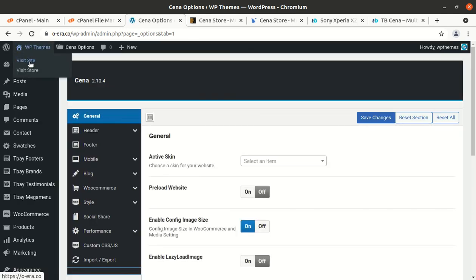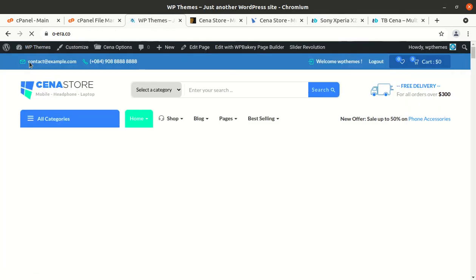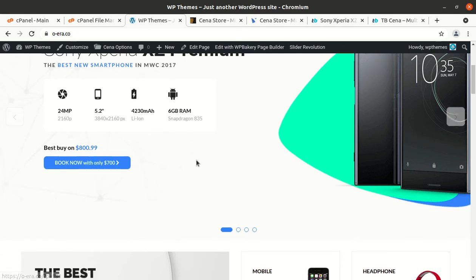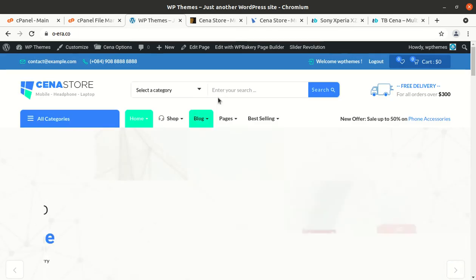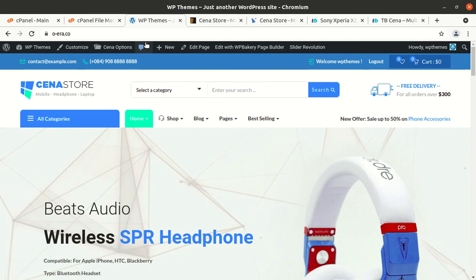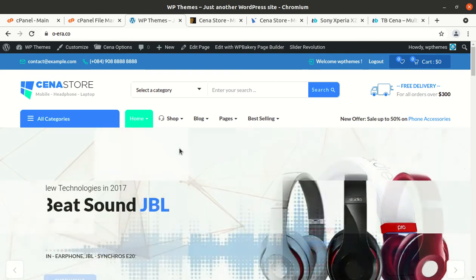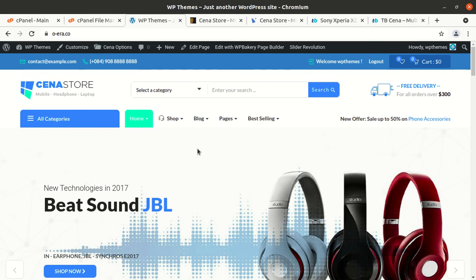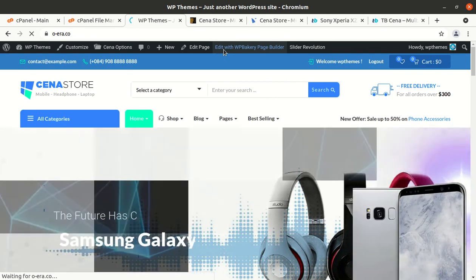And now we have seen all the available options, and at last I'll show you how to edit the page content. So this theme uses WP Bakery page builder. It is a very simple page builder and is prominently used on thousands, millions of websites. So just open the page which you want to edit, and if you are editing the home page, I would rather advise you to take a backup of the home page using any duplicate plugin, so that just in case you make any mistake, you can restore the page. And open the page and hit edit with WP Bakery page builder.